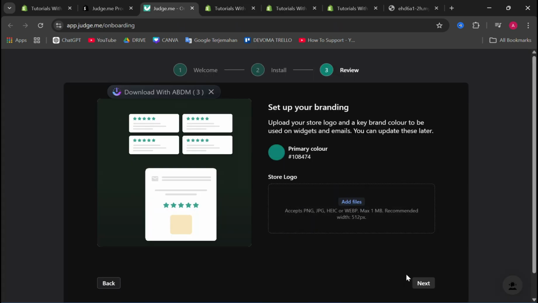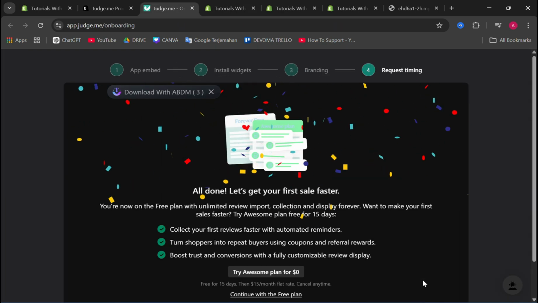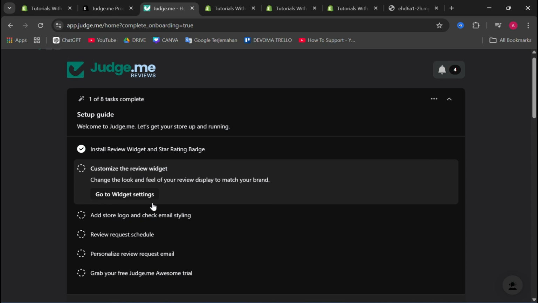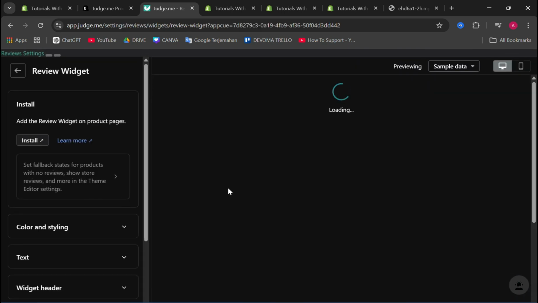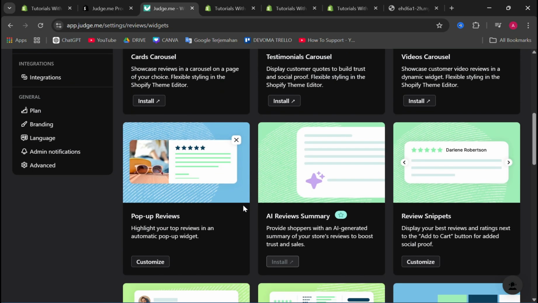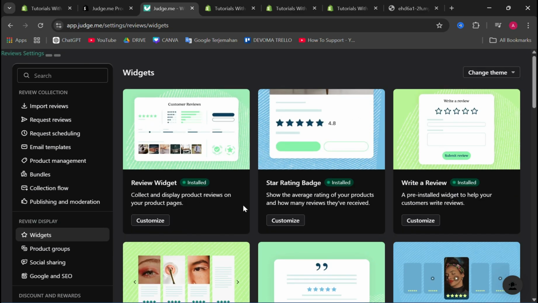Now you can set up your logo if you want, but I'm going to click next. And now you can customize everything here. So you can go to widget settings, and then you can customize your widget review. And as you can see, they have a lot of options here. You can try them one by one if you want, and you can customize everything there. And yeah,